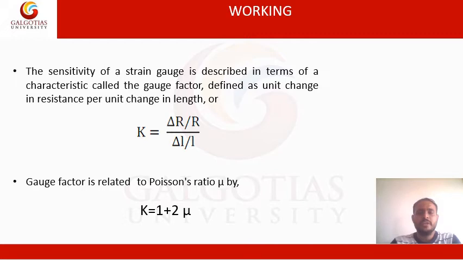So here the gauge factor is also related to the Poisson's ratio, and normally the Poisson's ratio of most of the metals varies in the range of 0.3 to 0.6. So the piezoresistance coefficient, that is our gauge factor, varies in the range of 0.2 to 0.6. So it has a very good property which is mostly required to calculate the strain gauge. So this is used for the factors while selecting any strain gauge for a particular application.